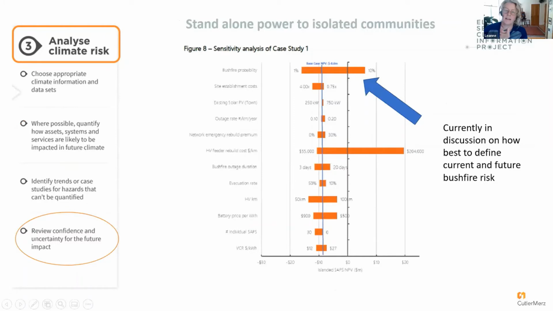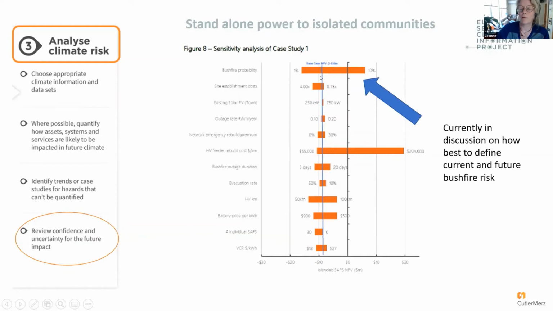Also, as a part of this study, and thanks, Jill, for helping me understand this a lot better. So this is the base case where the cost is $8.6 million. But then they've gone and looked at the sensitivity of this case study to different contributing factors into the case study. Okay, so for example, if the high voltage feeder rebuild cost, rather than the estimated, say, $50,000, costs $200,000, the feasibility for introducing this standalone power system is actually in positive territory. Okay. Similarly, with bushfire probability,